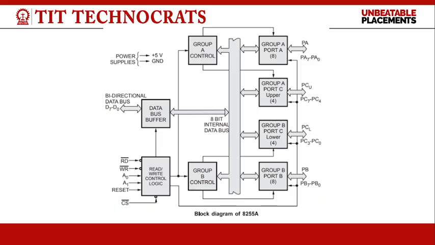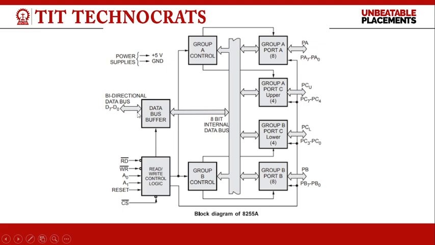Input or output instructions executed by the central processing unit either read data from or write data into the buffer. Here output data from the CPU to the ports or control register, and input data to the CPU from ports or status register, are all passed through this data bus buffer. This is the data bus buffer, and it has 8 input pins, that is D0 to D7. These are the data pins, and these D0 to D7 data pins are directly interfaced with the microprocessor D0 to D7 data bus pins.